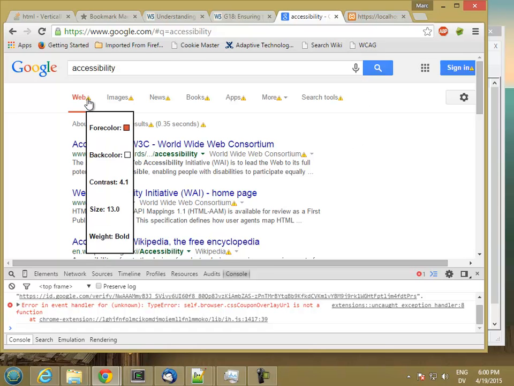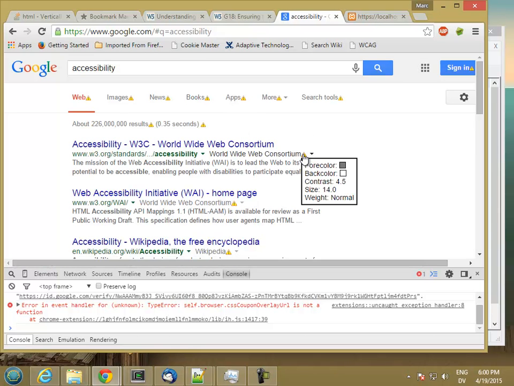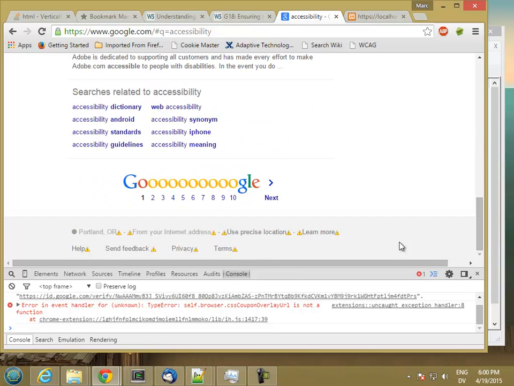So that 4-color, back color, 13, bold. I should really do something about those styles to fix the interline spacing. So right now I'm inheriting the styles from the containing element. And I kind of like that because it shows you the actual font that it's looking at, but it does weird things sometimes. This one, 4.5, 4.5, so it's right at the limit. And so on. So that's one limitation that you can get around, but it's kind of a pain because every